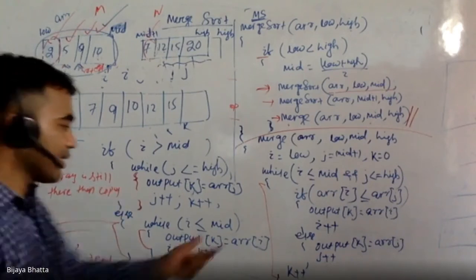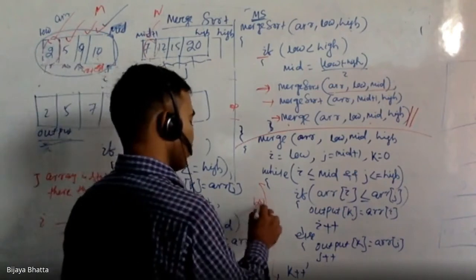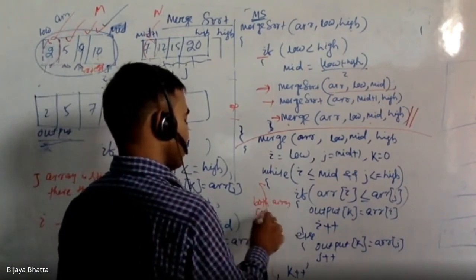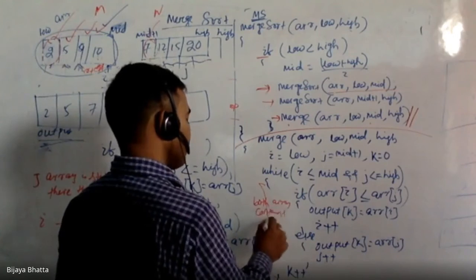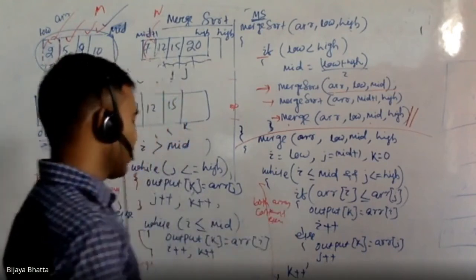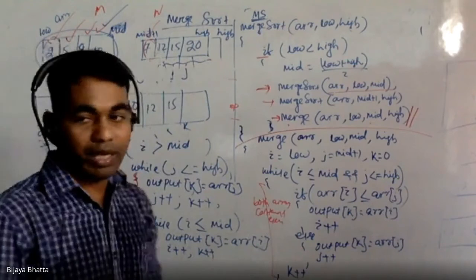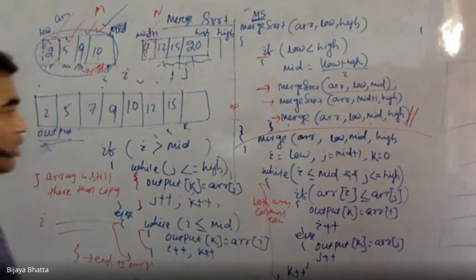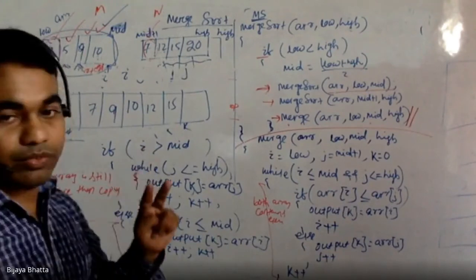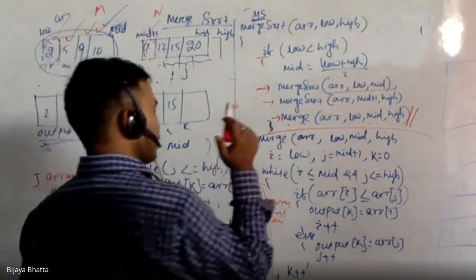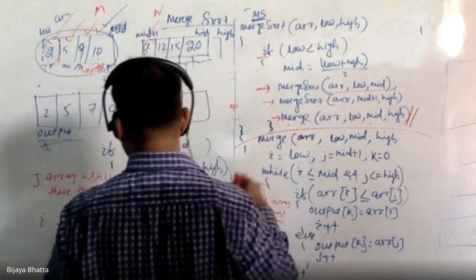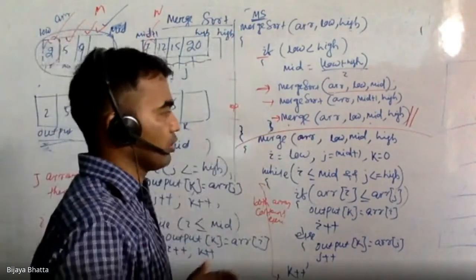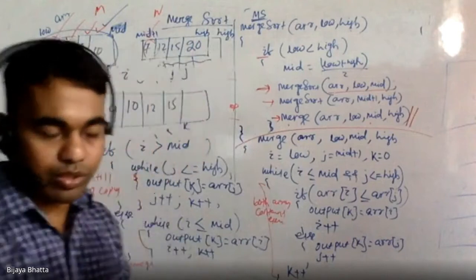Okay, so this is if both arrays contain elements. If any of the arrays becomes null or blank, then we'll come out of this loop. Okay, so this is how it works. So let's come to the two things. First thing is the time complexity of merge, already I had given you a hint, and the time complexity of merge sort. Okay, so these are the two things we need to discuss.